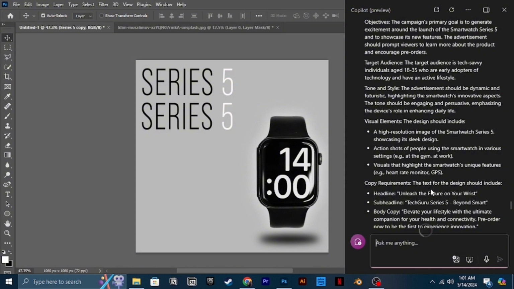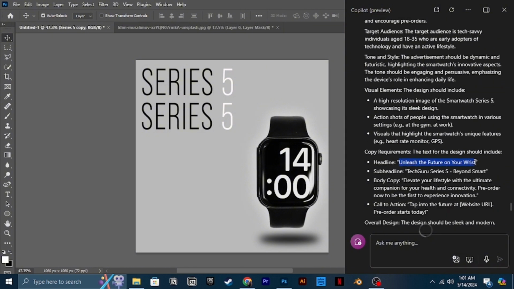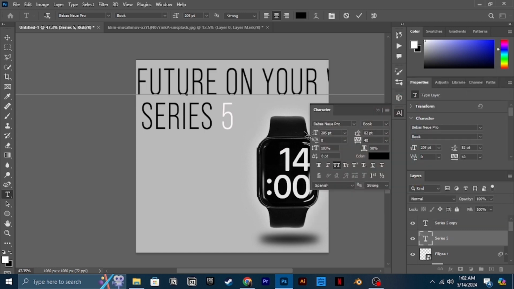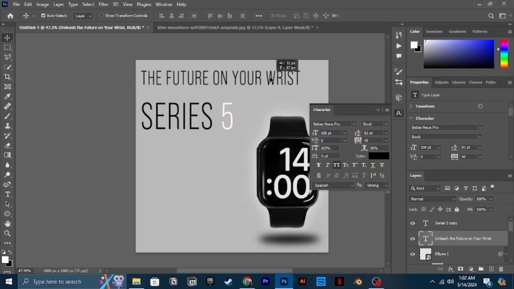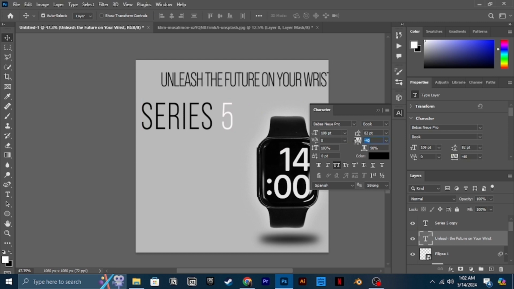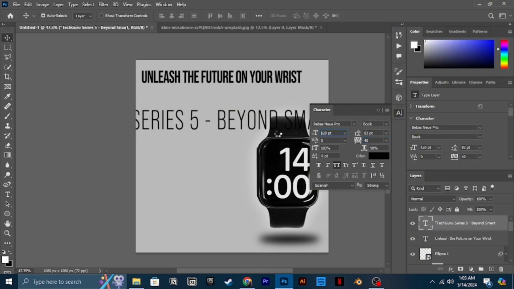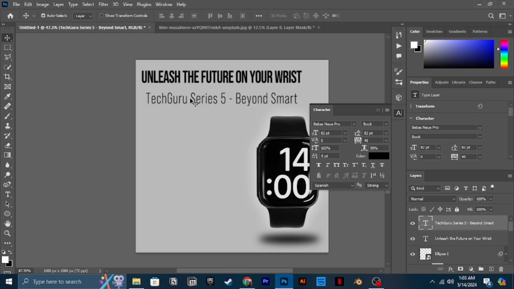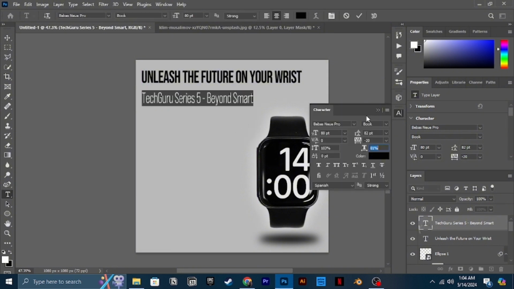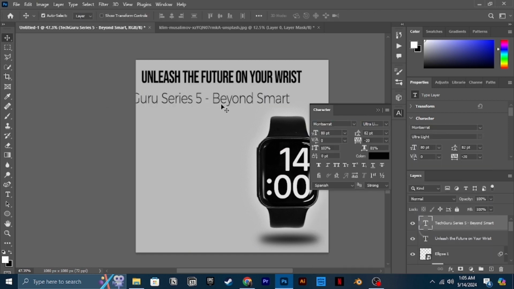That is not the heading of the design. So this is actually the heading, which was actually too long. So I'm just gonna keep playing with the design with the text to make it work well. And as you can see, I kind of gave up on the thin text because it was not working well with the overall look. So yeah, this works actually, like the 'unleash the future on your wrist' and the name of the product beneath. It was working, but not as much in my opinion.